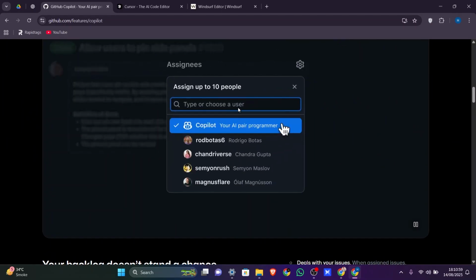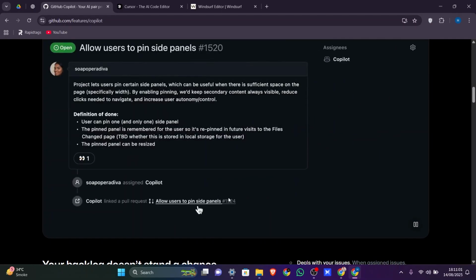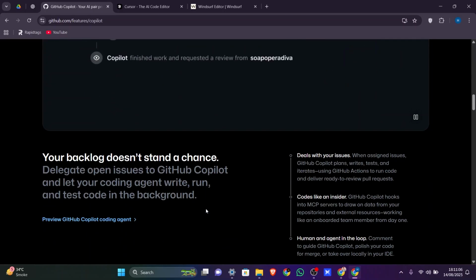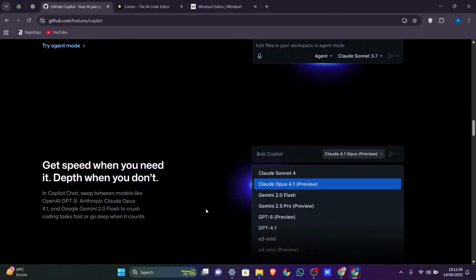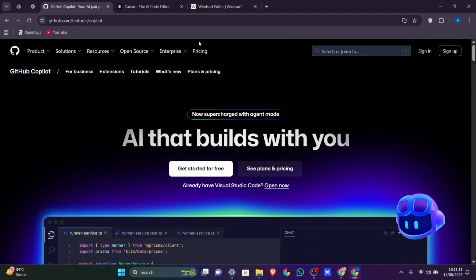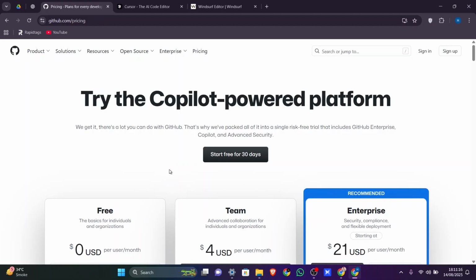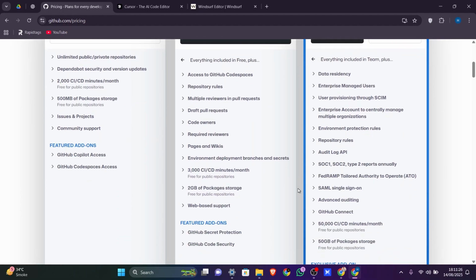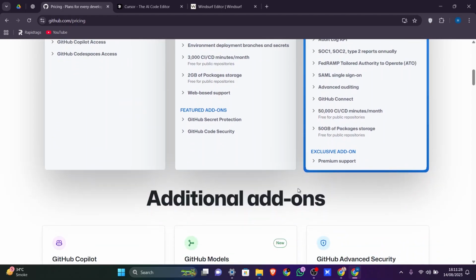GitHub Copilot functions as an AI peer programmer integrated into editors like VS Code, JetBrains, and NeoVim. It offers code completion, documentation generation, and supports multiple large language models such as OpenAI's GPT-4o, Anthropic's Claude 3.5, and Google's Gemini 2.0 Flash. Copilot's coding agent mode can autonomously handle tasks like creating pull requests and executing tests, streamlining